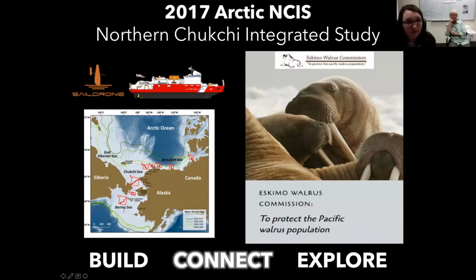Together, we're hoping that the sail drone project, as well as the Healy, which will go out and will occupy some of our DBO lines, collecting a lot more complex measurements, as well as some subsurface data, we're hoping to answer some ecosystem level questions. In particular, I'm interested in Pacific walrus. Right now, ocean acidification is a primary concern for some benthic clam species. And so these clams are gradually shrinking in size in response to ocean acidification, and therefore are limiting the amount of energy capacity they have as their primary predator,